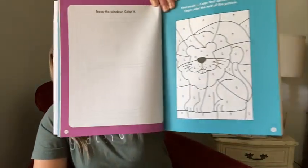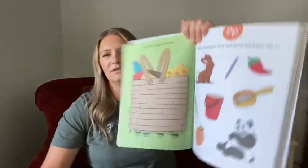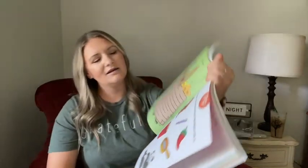So as you can see, he can trace things, he can color the lion, and it's really review for us. You know, circle each picture that starts with a P. It's a fun little thing, and he really loves the drawing ones too. Oh, and the mazes. It's something I'll set out for him as his independent work, and he can work on that when he doesn't need help from me, but I need him to be sitting quietly and doing something